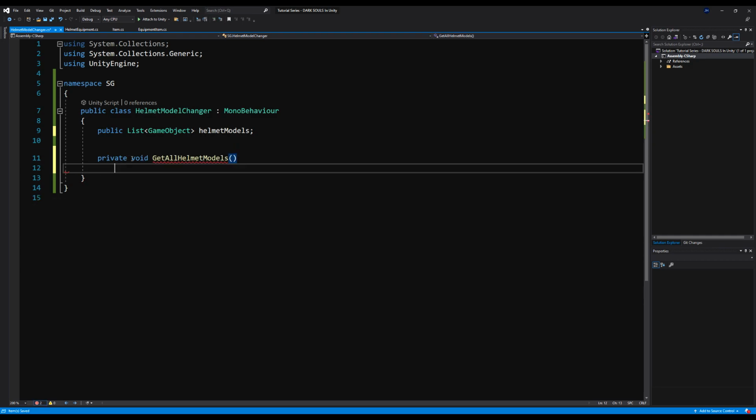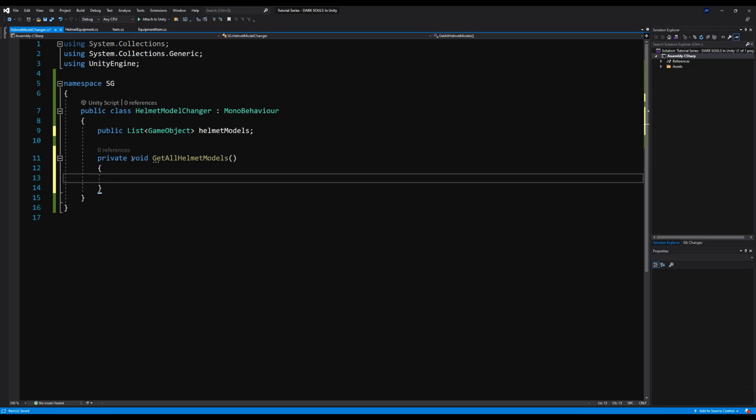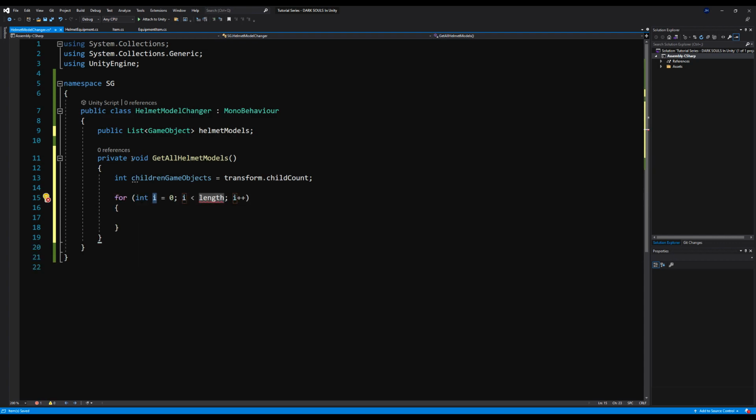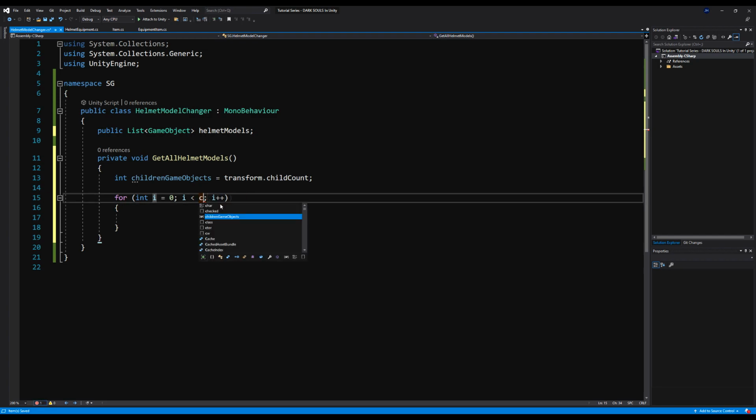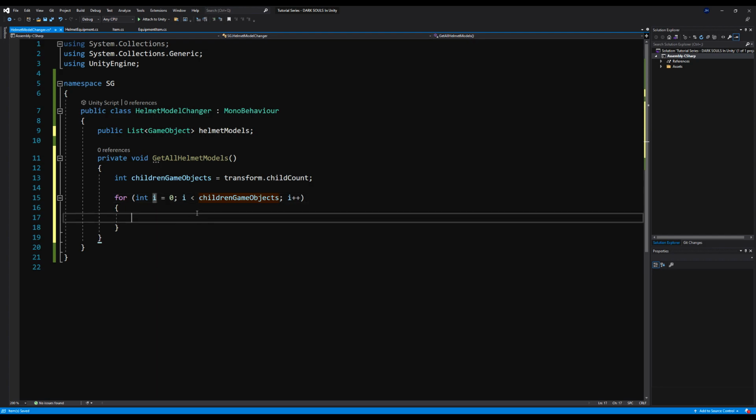And then we're going to make a private void GetAllHelmetModels. And it's very simple. All we're going to say is int childrenGameObjects, and we're going to equal that to transform.childCount. Okay? And then we're going to make a for loop here. And we're going to say for each children game object. So for every child game object there is under this transform, we're going to say helmetModels.Add